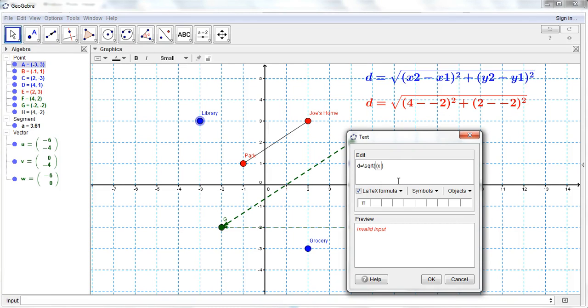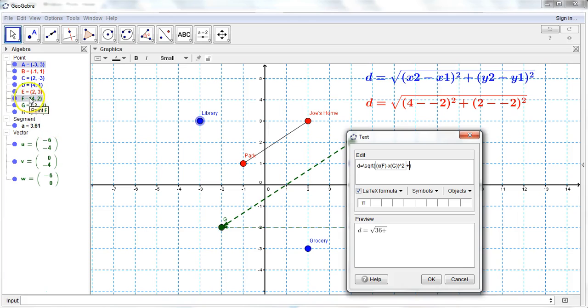We want the x coordinate of F minus the x coordinate of G. Just putting that all in one big formula box. End parenthesis, and then square it. And notice now we get 36 down here, because 4 plus 2 is 6, and then square it, we get 36. Perfect. So now we're going to go outside of the text box, and we're going to say plus,